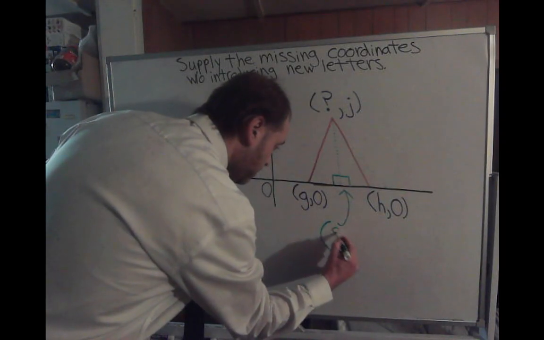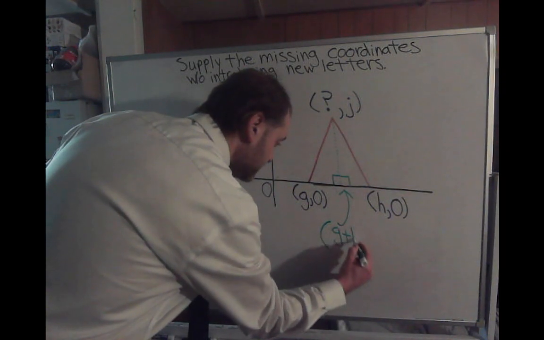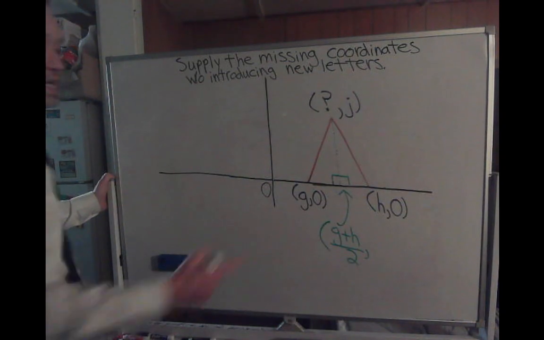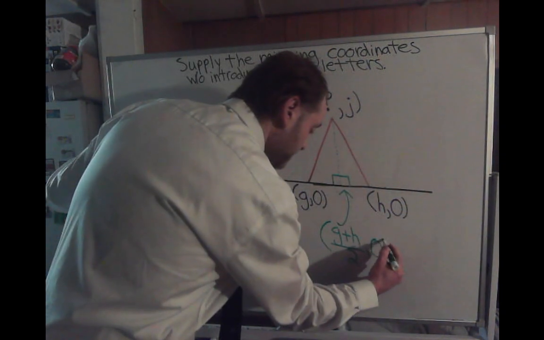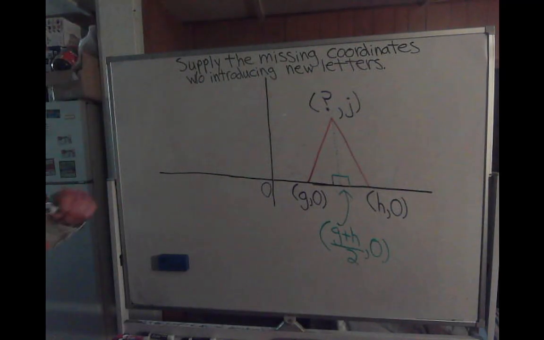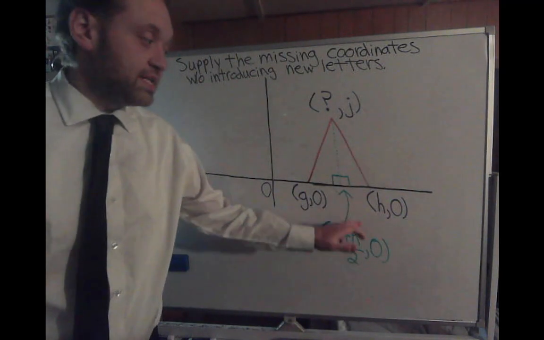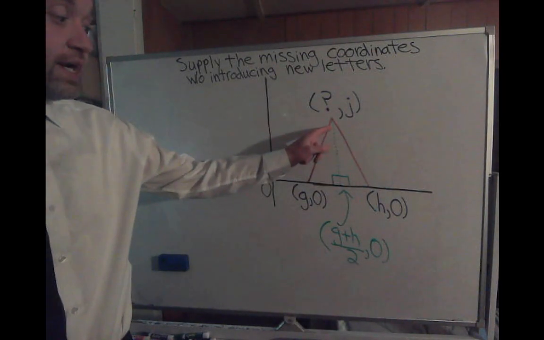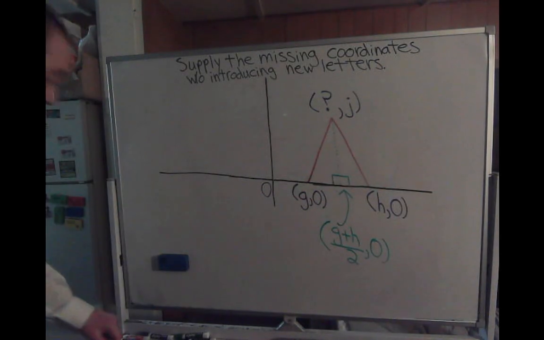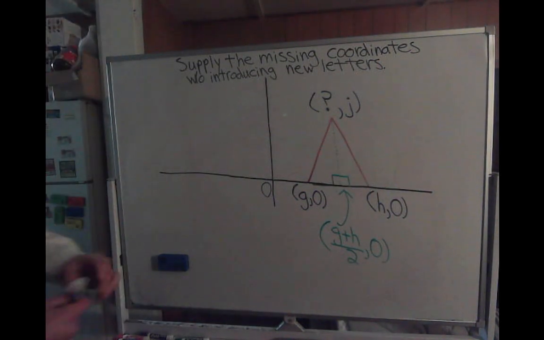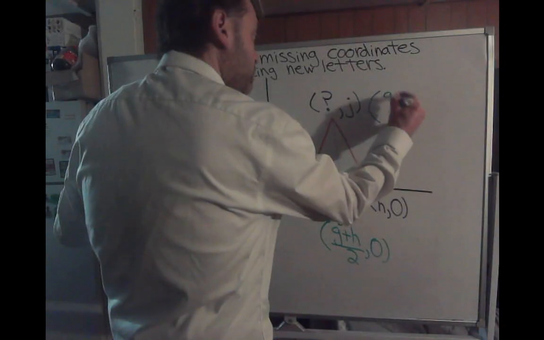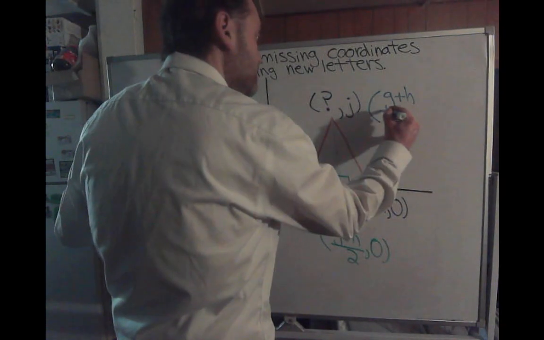So the coordinate of the perpendicular bisector where it meets the base is at G plus H over 2, and then 0 because you haven't gone up anymore. So we found the coordinate of where the perpendicular bisector meets the base of the triangle. Now, if you draw a line, this line's going straight up, that means the x-coordinate also would be G plus H over 2, right? So really what you would have for your coordinate here would be G plus H divided by 2,